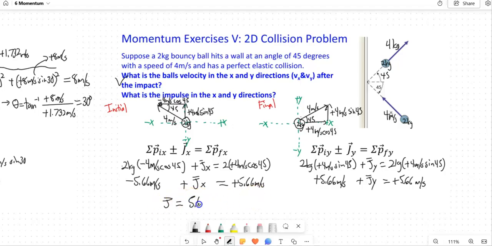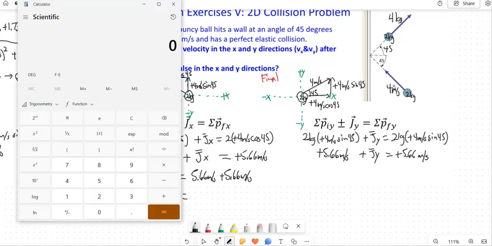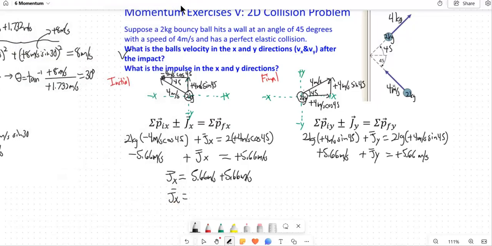When you do that, you're going to get this. So the overall impulse in the x direction supplied by the wall against the 2 kilogram ball is 5.66 plus 5.66, 11.32. So this is going to be a positive,